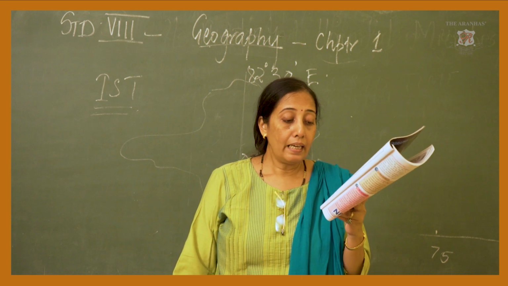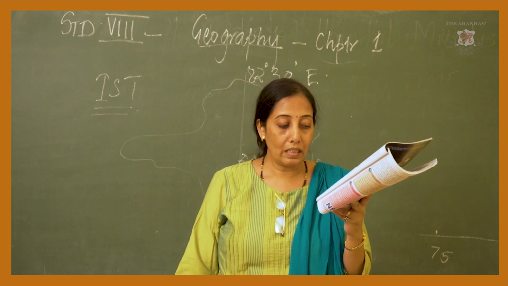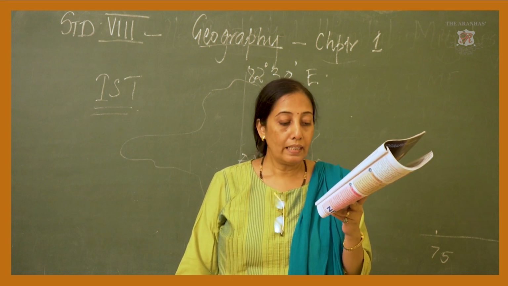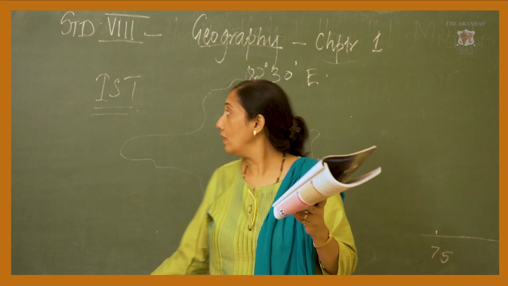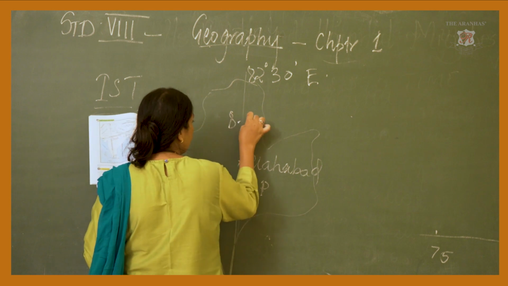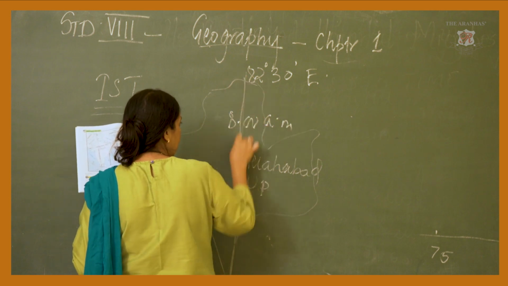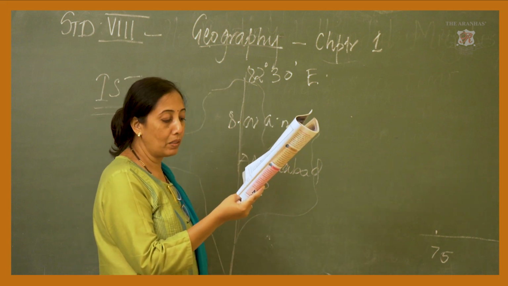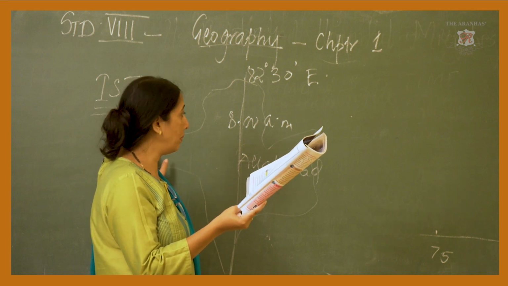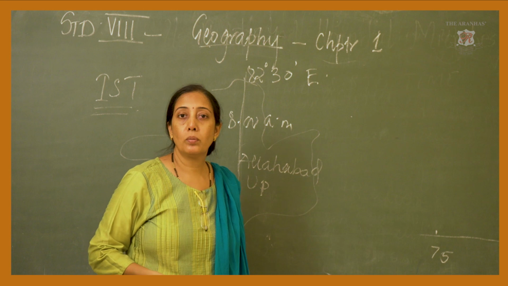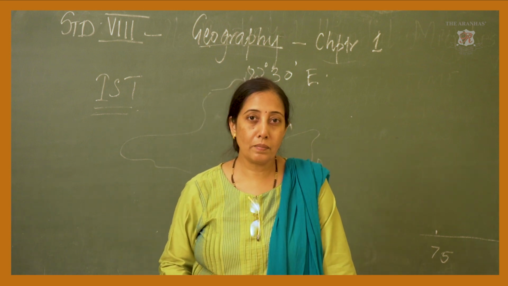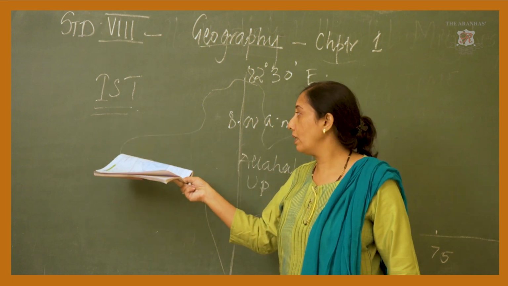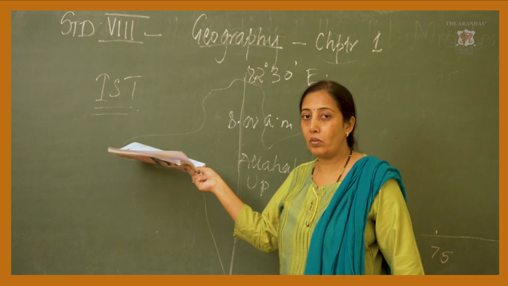Now, if it is 8 a.m. at 82 degrees 30 minutes east, what would be the time on their clocks at the following places? Now suppose it is 8 o'clock in the morning here. Then they asked you what is going to be the time at Jammu Kashmir, what is the time at Madurai, what is the time at Jaisalmer, and what is the time at Guwahati. What should be the time? If it is 8 o'clock here, it is going to be, somewhere we are saying this is west, so we are going to be behind, so it is going to be 6 o'clock in the morning or 7.